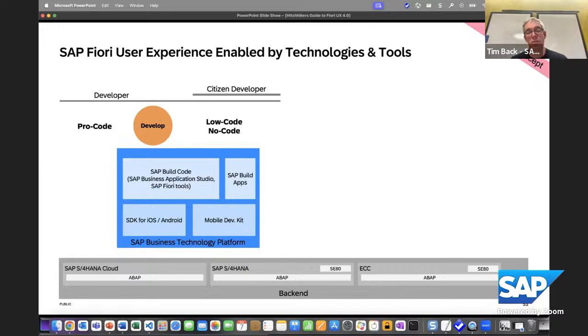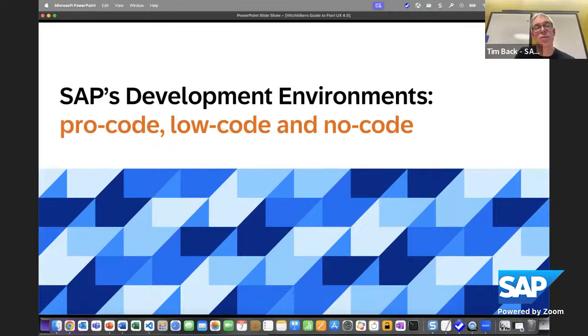So this gives you an even more native user experience that might be, as you all know, different in iOS to Android, and you can actually specialize much more for these ones. But it's also a bit harder to do that. So with this, let's now look into pro code, low code, and no code in the development environments, and that